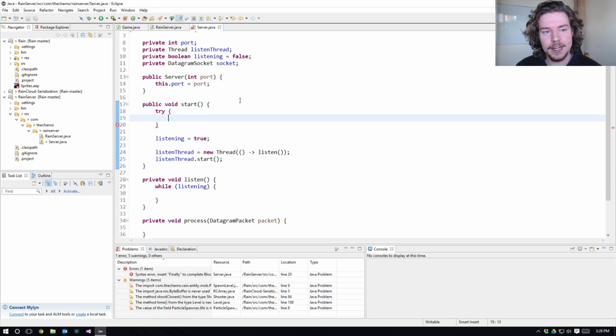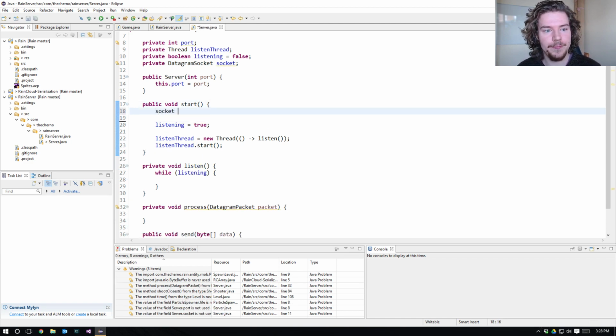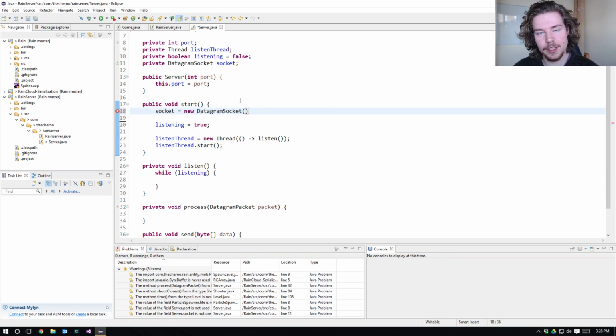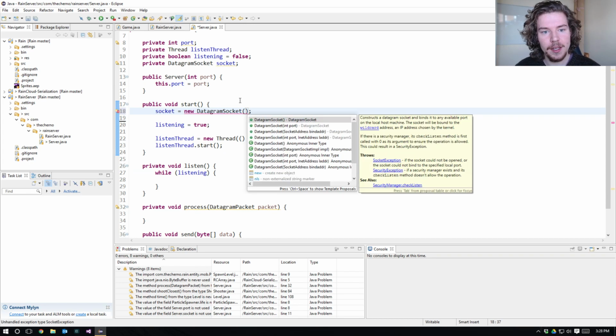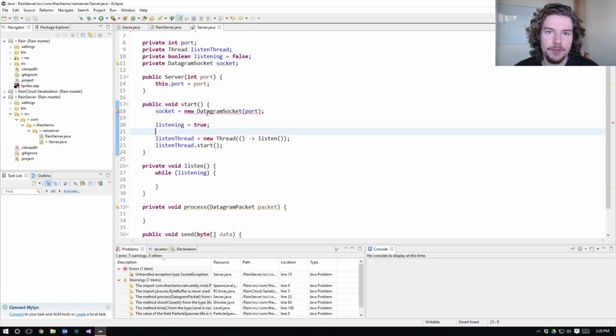This is going to be a try-catch thing, by the way. In fact, I'll let Eclipse write that for me. So socket equals new datagram socket, of course. When we start the actual server, we'll set up that socket. This is what we'll use for all incoming and outgoing connections. The port will be the port. And that's all we have to do, okay? Socket created. Again, that's us setting up our mailbox. Now that we've got the mailbox, we can send mail. So to do that,